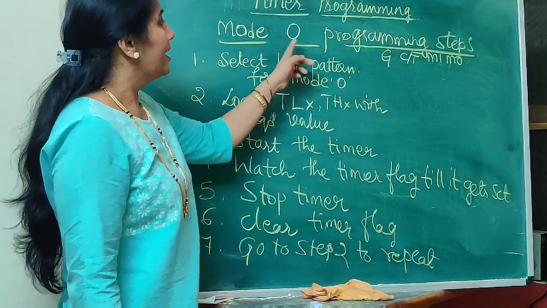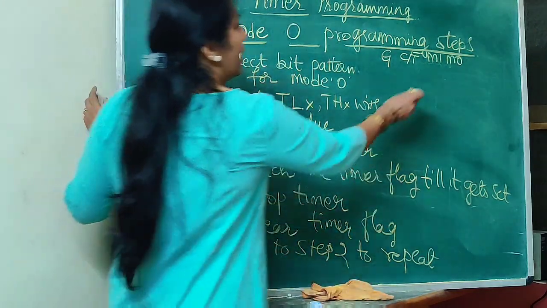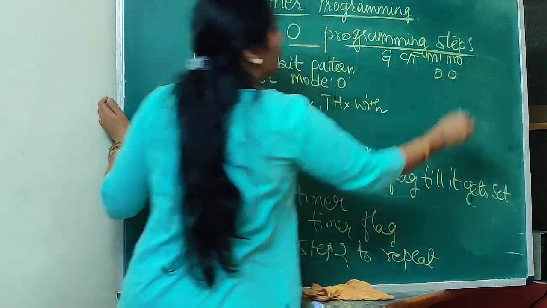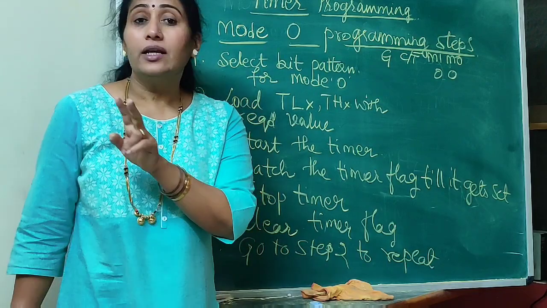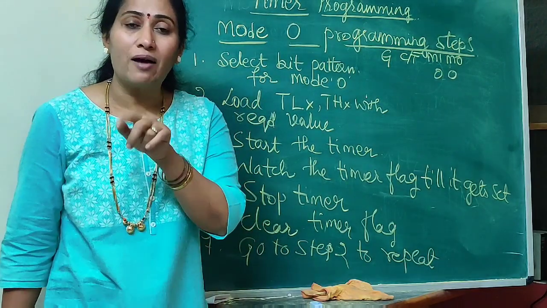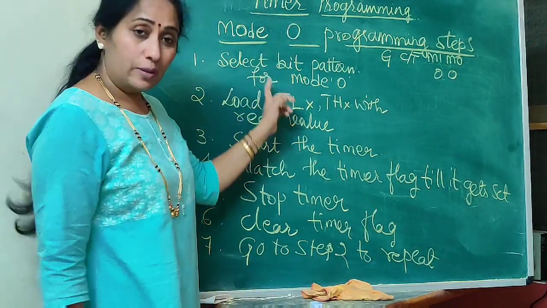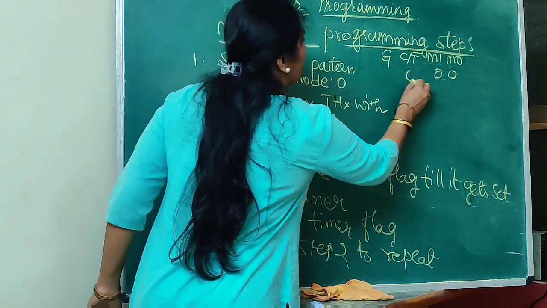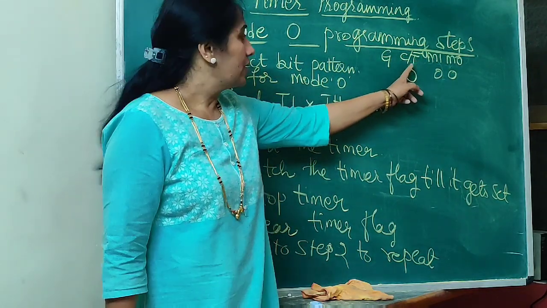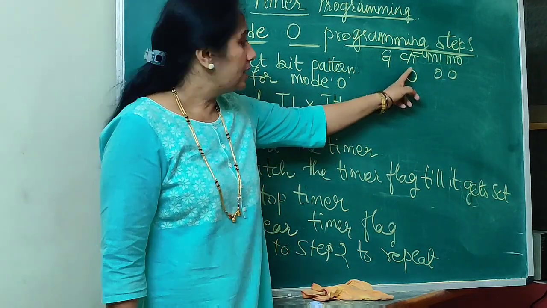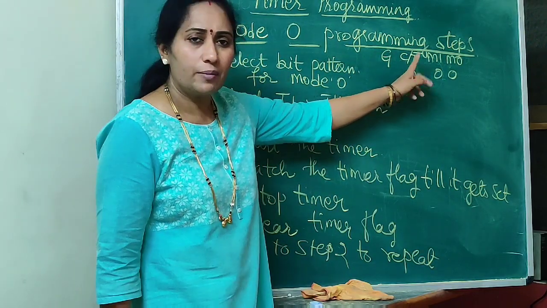Okay, so here the heading which I have given is mode 0. So in order to select the mode 0 programming, I have to take M1, M0 to be equal to 0, 0. If you are taking timer 0, then write in the lower nibble M1, M0, you have to write 0, 0. Okay, I have written 0, 0 over here. And the timer programming we are doing, so for timer, this one should be equal to 0 because C/T bar, if I write over here a high, then it is going to be the counter operation. If I write a 0, then it is going to be the timer operation.